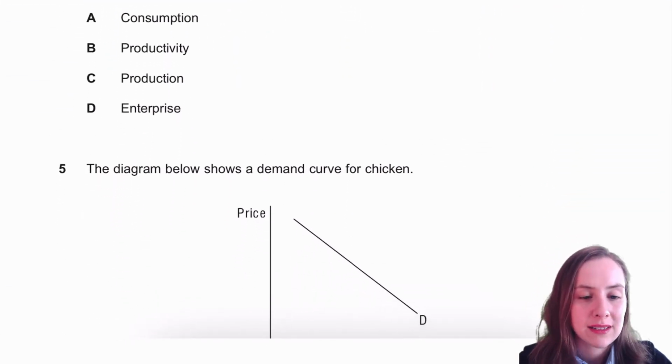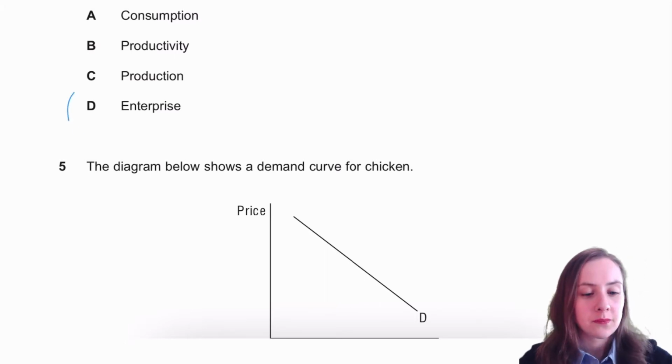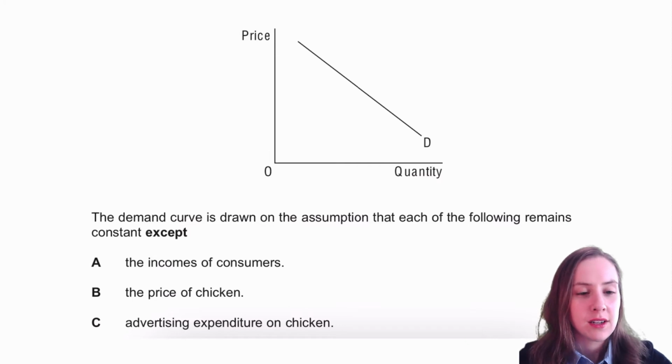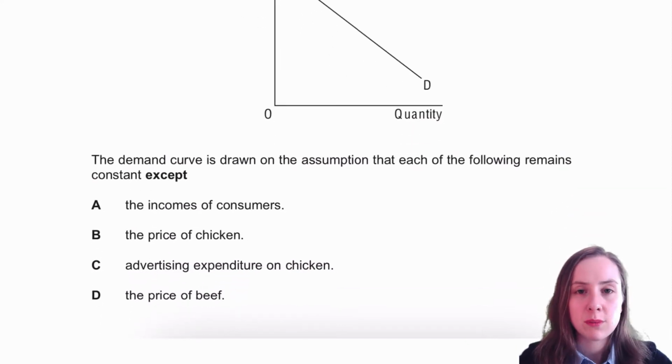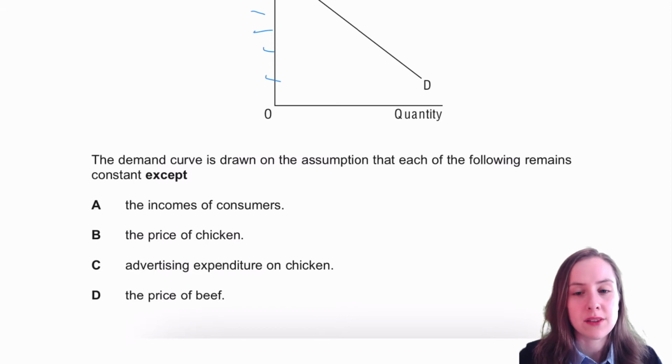Which of the following is an economic resource: land, labor, capital, enterprise? Demand curve for chicken. Right, so this is drawn assuming all else constant. So assuming income is constant, the only thing it doesn't assume constant is price, because price is allowed to change for all of these values. So I'm looking for